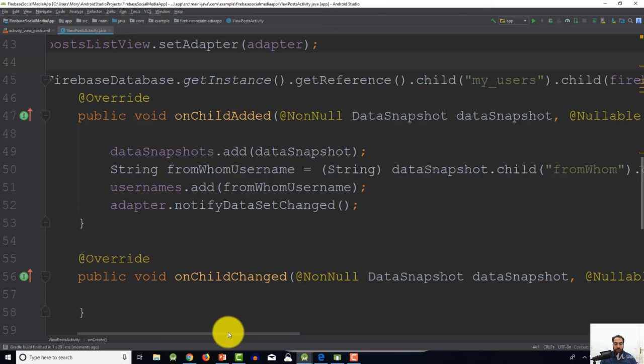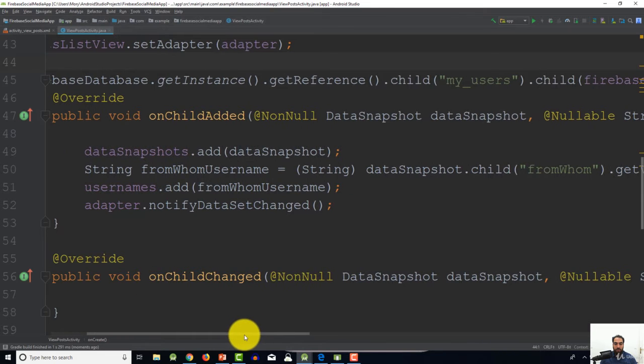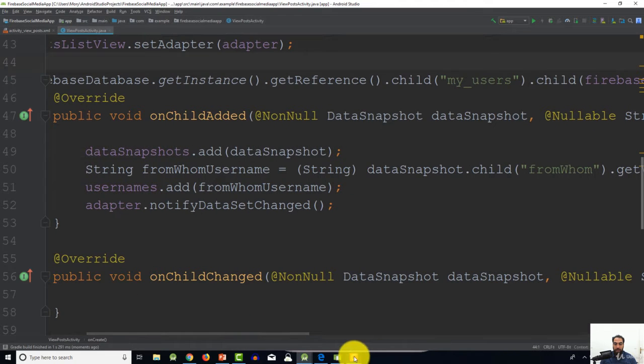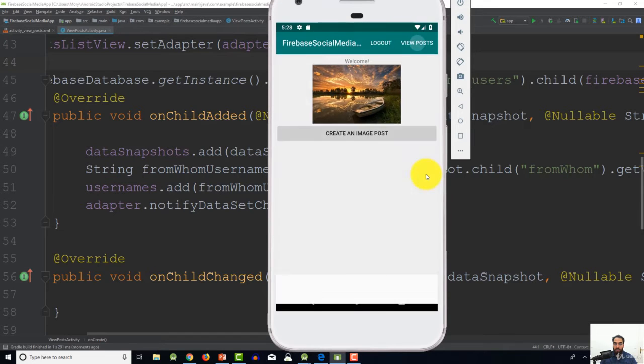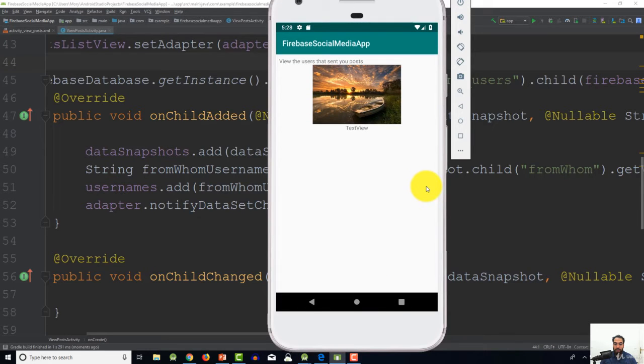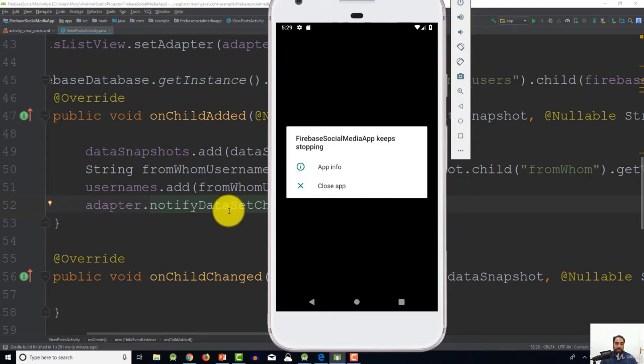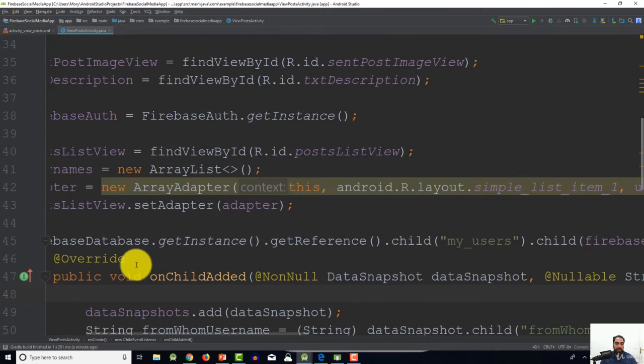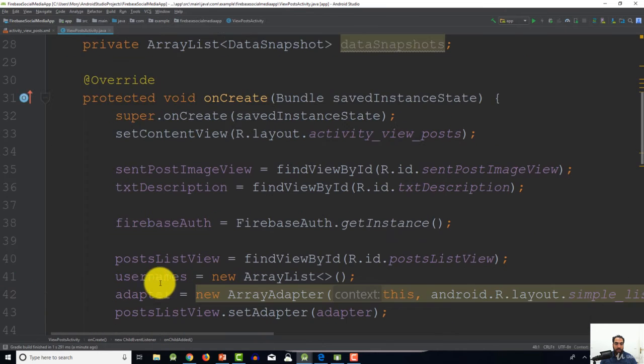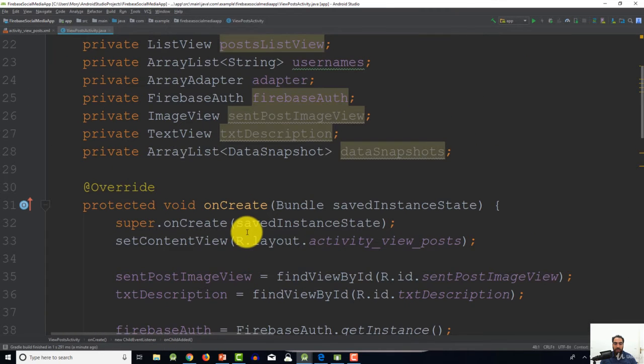So now here I want to tell you that when I click on this view posts, now it should go ahead. So the reason that our application is crashing is that we haven't initialized our dataSnapshots ArrayList inside our